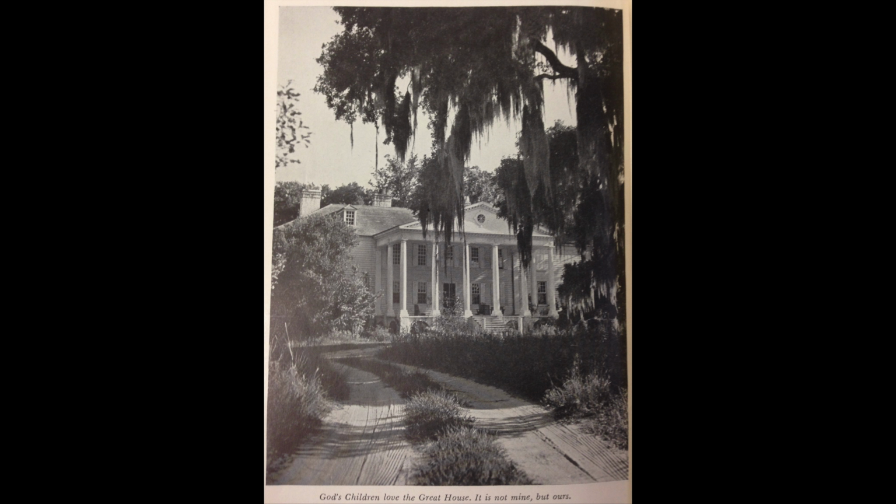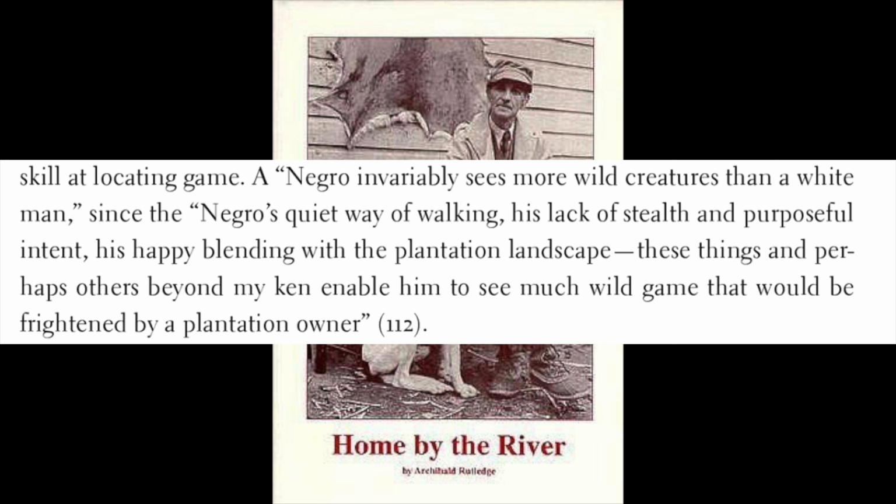Black poverty was naturalized, sacralized even, as a vital feature of the Southern landscape. It was scenic, in other words. It was, as you can see in the quotation here, a happy blending with the plantation landscape. It's with this in mind that I think it makes sense to revisit his opposition to early manifestations of the